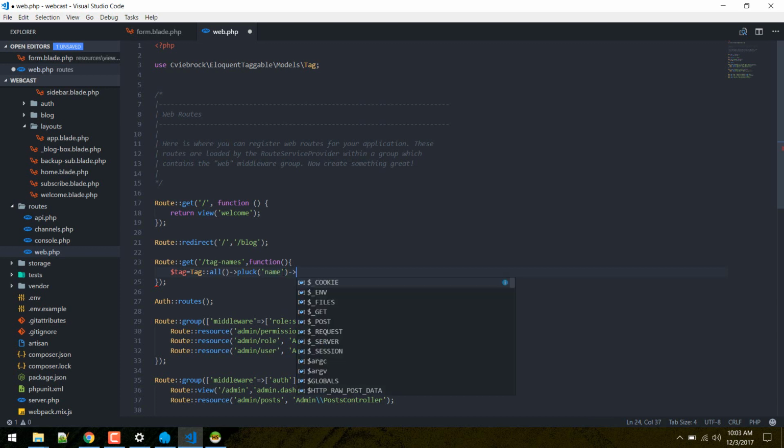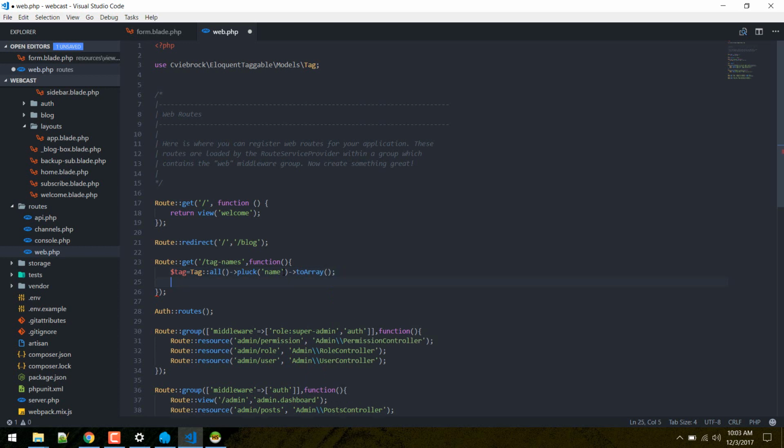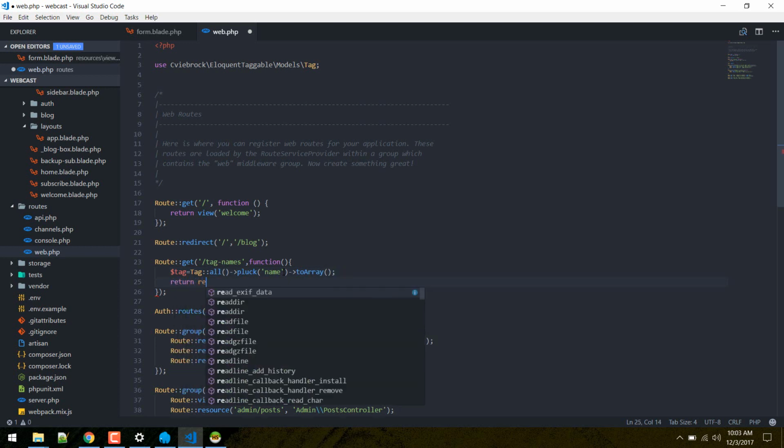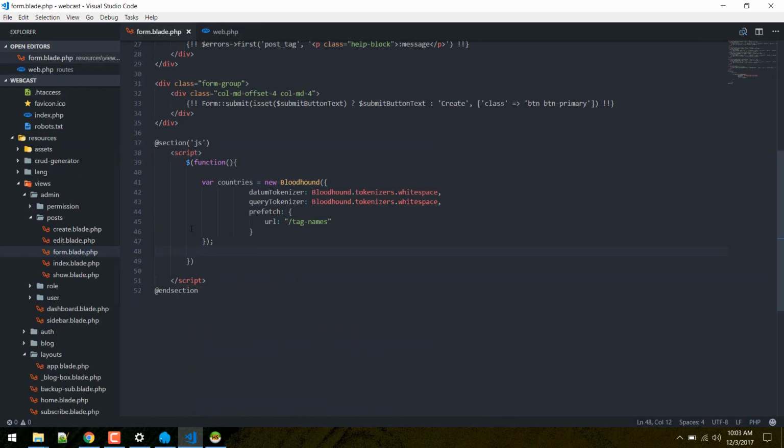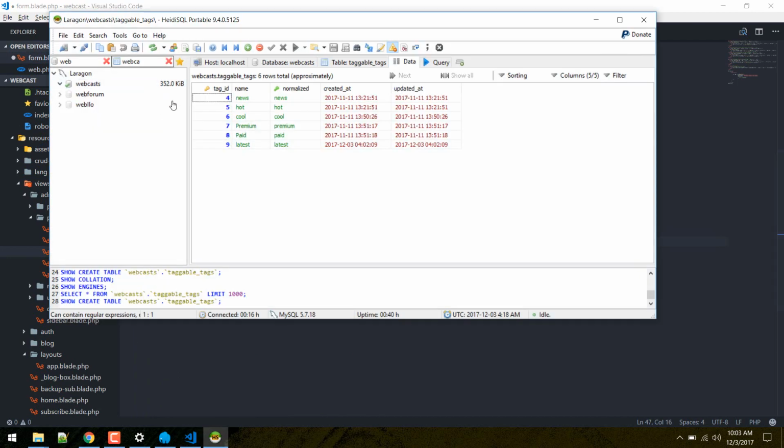and yeah, I'll change them to an array, and I'll return them as a JSON response. So response and tag. Okay, just save it. I think tags. So now we need to initialize